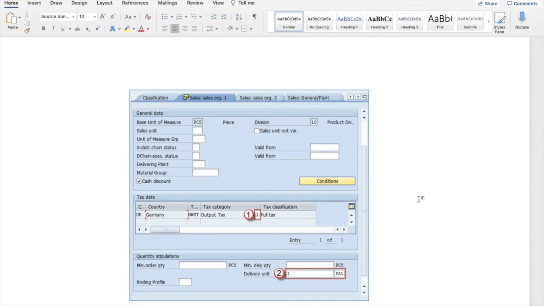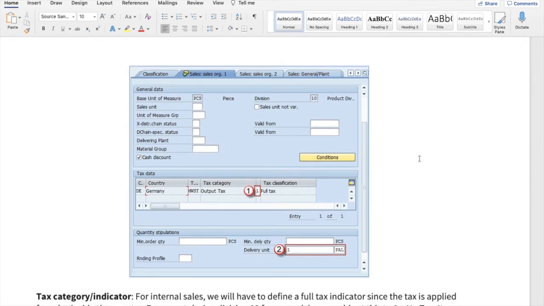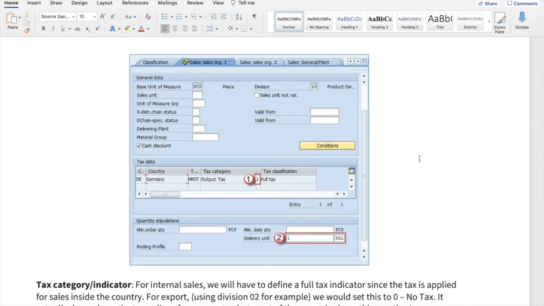Then the important part comes, which is the taxation view, because depending upon the country where you are going to sell the product, those taxes are applicable. One is the country where you are selling the product, I think that will come here, Germany.